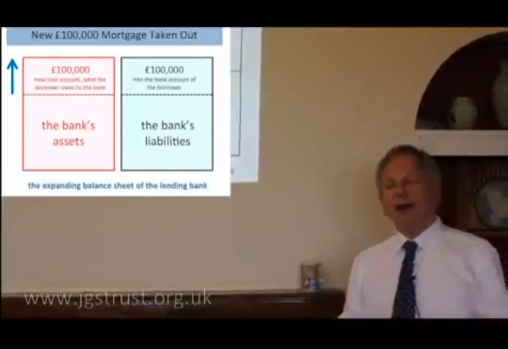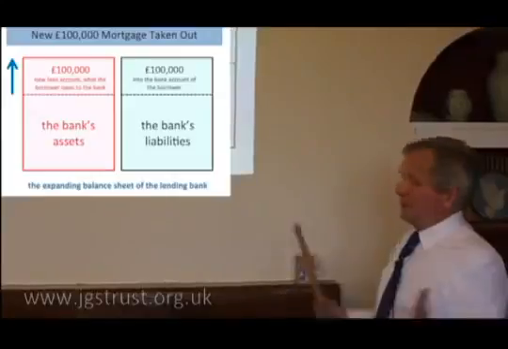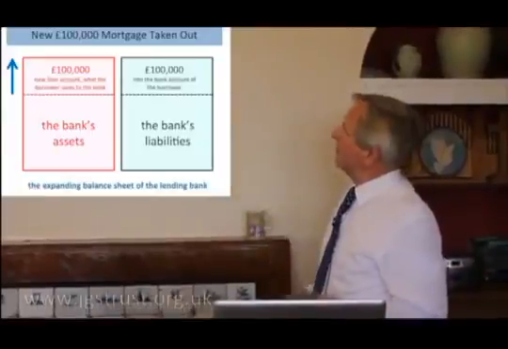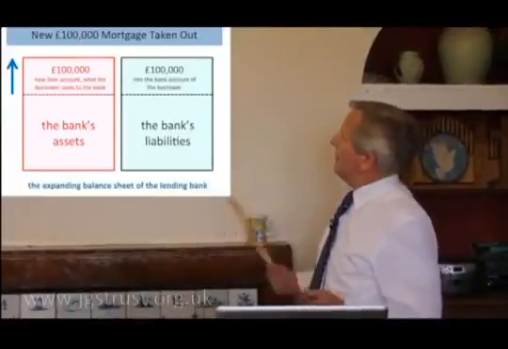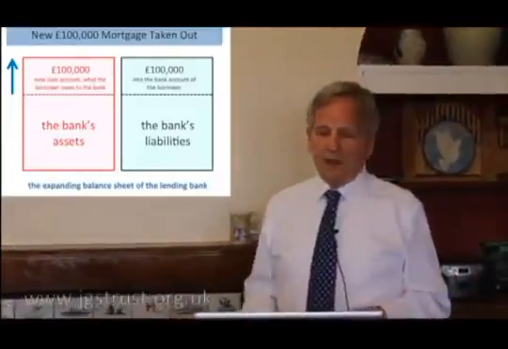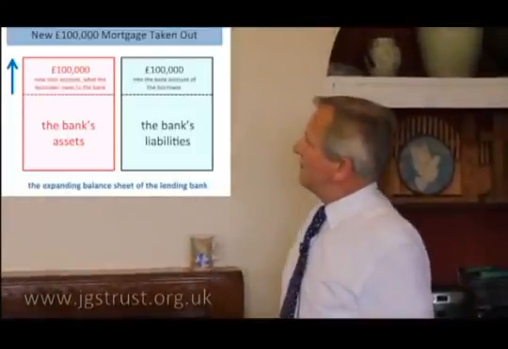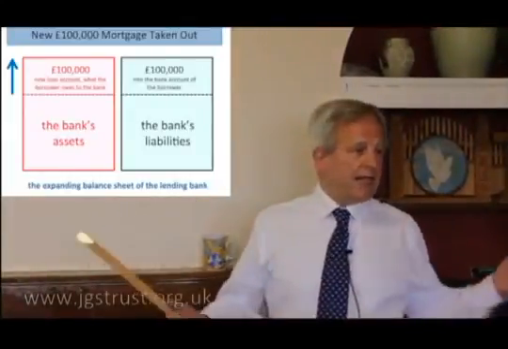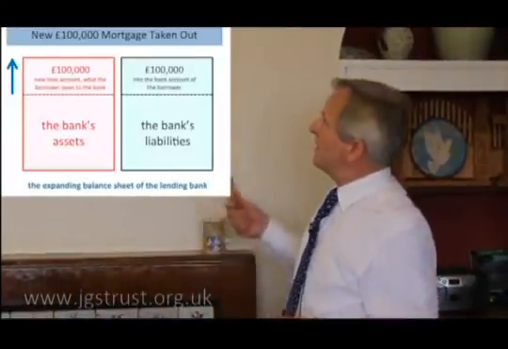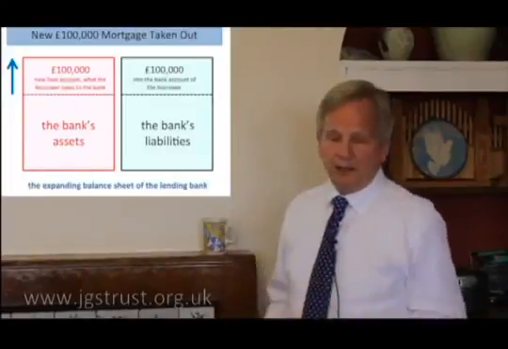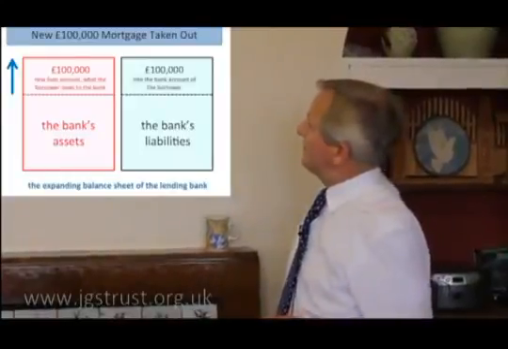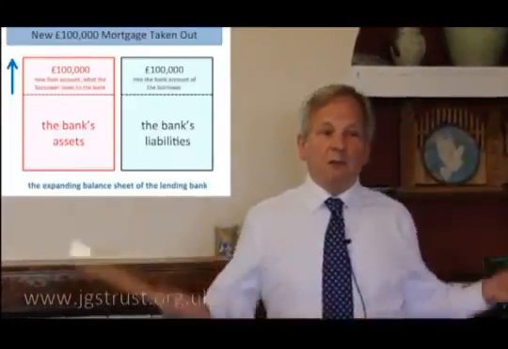Obviously you might borrow from one bank and deposit it in another, but with a combined view of the multiple balance sheets of the banks, you can represent it schematically as this. So what's happened here is somebody in the bank has approved the loan and has just typed in £100,000 onto the asset side of the bank's balance sheet, however that's represented in the computers, and has typed in £100,000 into the current account of whoever's going to receive the money. No stuff has moved, two numbers have changed.